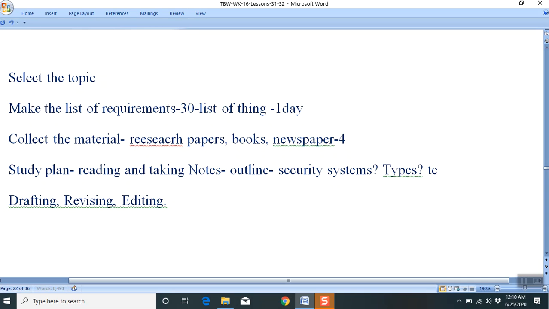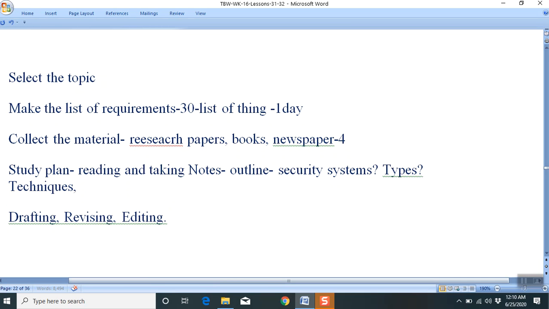Types, techniques, benefits, drawbacks, suggestions. Fine. So you should collect the books, and then you make a reading plan, that you allocate 15 days for